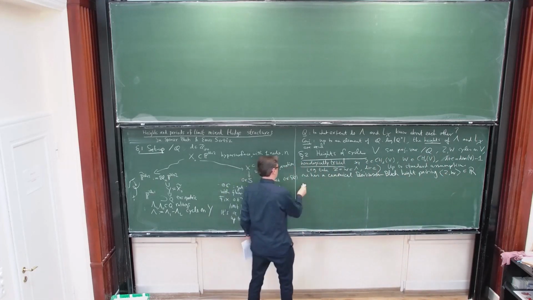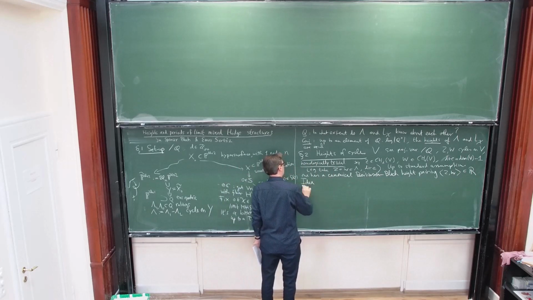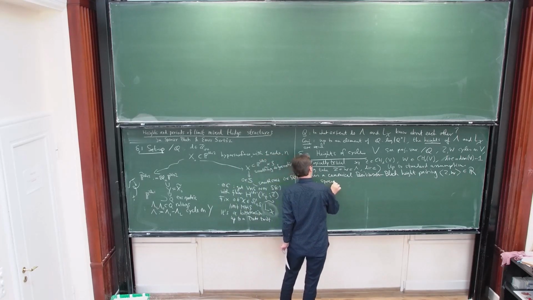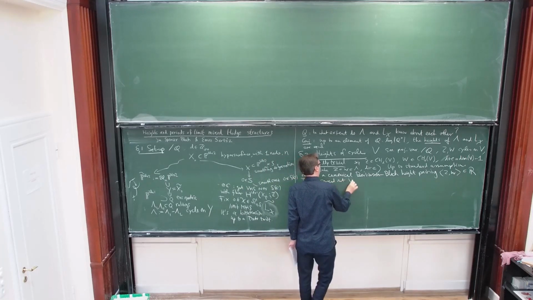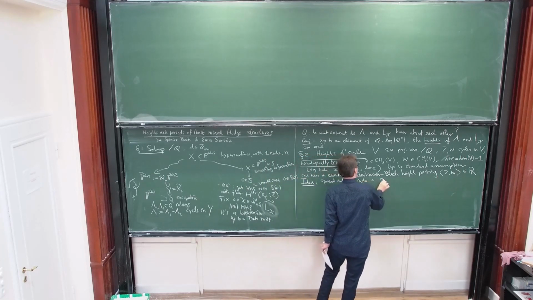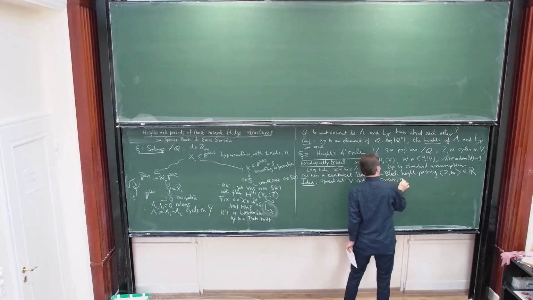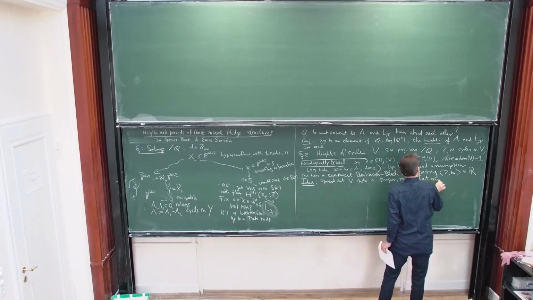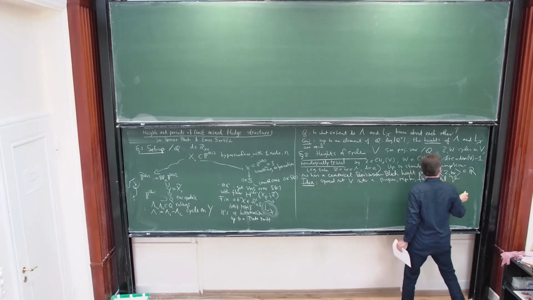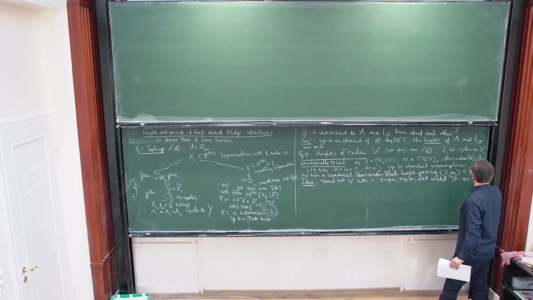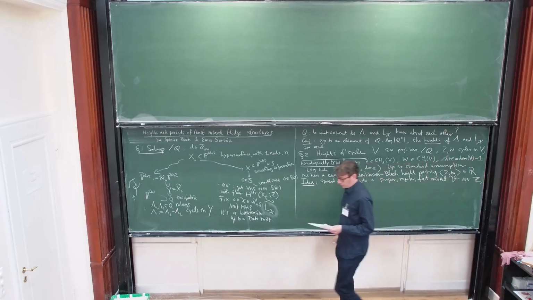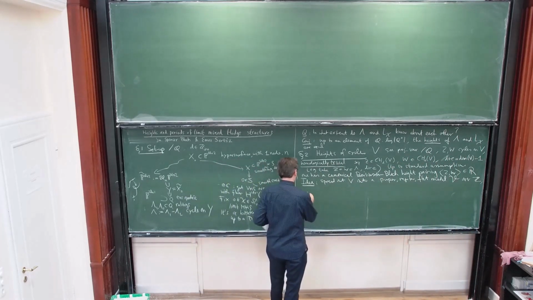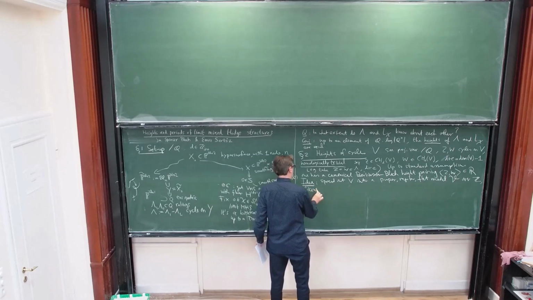And the idea behind this number is that you can spread out V into a proper, regular, flat model, calligraphic V over Z. We don't know if such things exist in general, but in many good cases we do know. And likewise, spread out